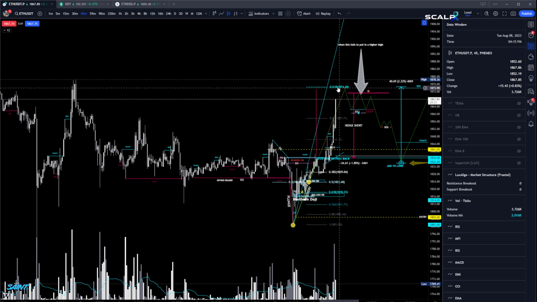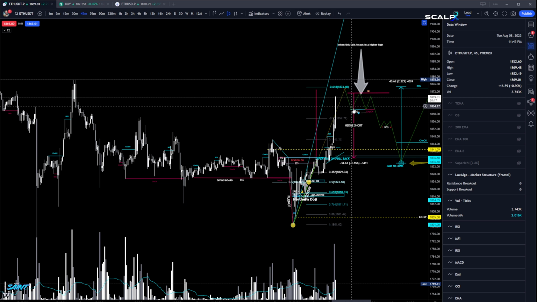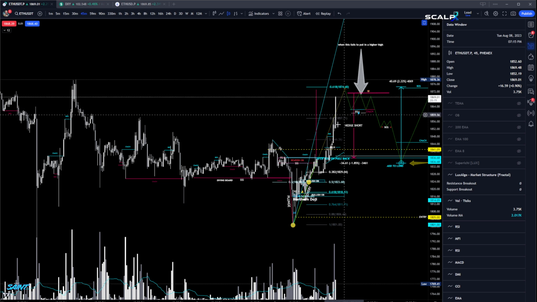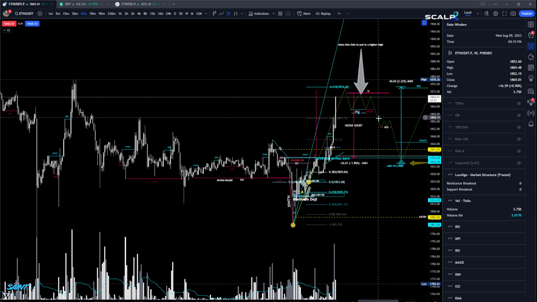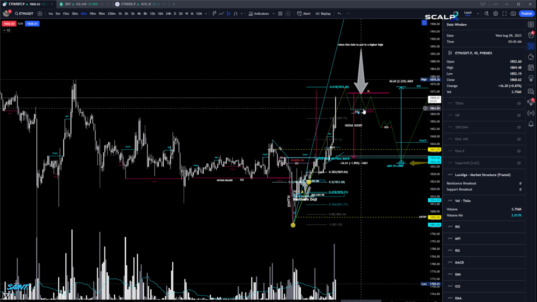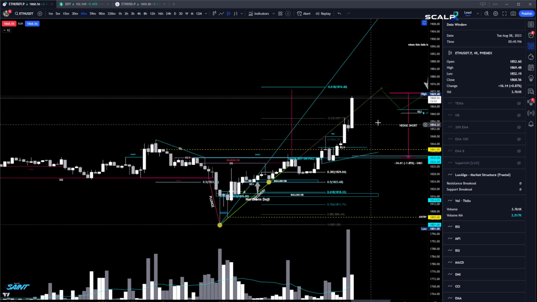Like, I already have this limit order predisposed, ready to go. But my theory is we tap, come back down. It makes it look like it's going to form a flag, right? Because it's going to go this way, equal low, and then an equal high. And I think that's going to be big. And the moment it cracks down underneath this, it liquidates all these late longs. Everyone who wants to long this, because they're seeing this candle,